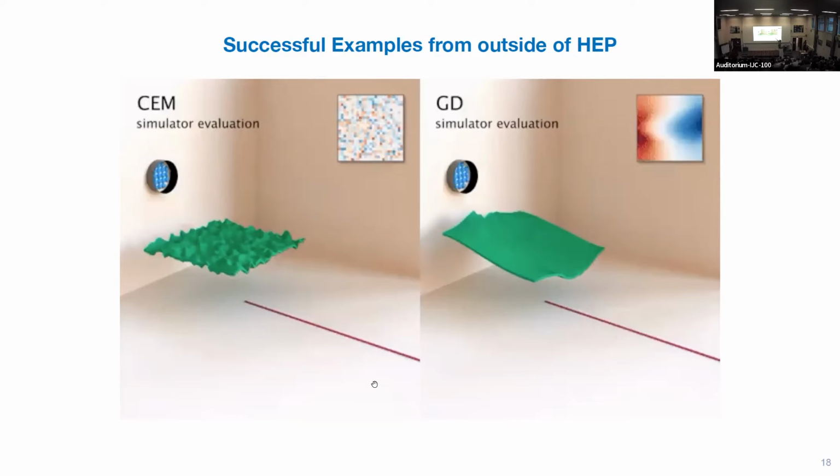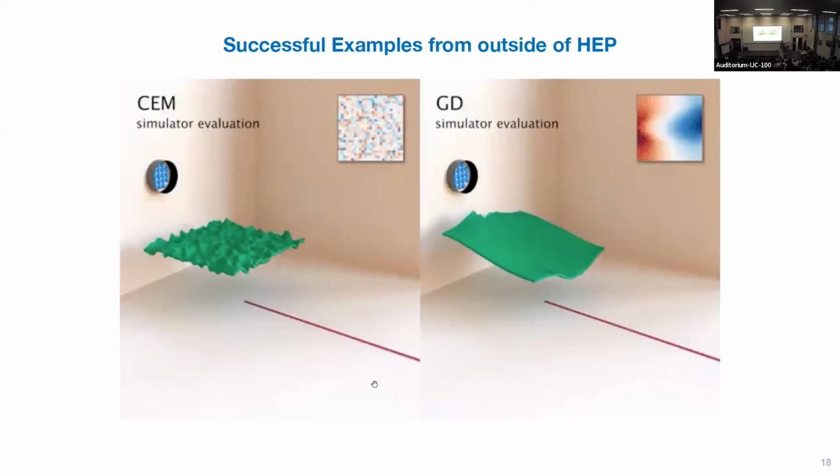Okay, let's say you want to design a surface such that if there's a stream of water coming out of this pipe, the stream of water lands on this line. Okay, what should the surface be? And amazingly, on the left-hand side, you see a randomly initialized surface, and you can imagine the water is splashing left and right. But by having this in an end-to-end differentiable way, you can just optimize the surface directly. So this is optimizing hardware through a differentiable downstream physics simulation. And this amazingly works.